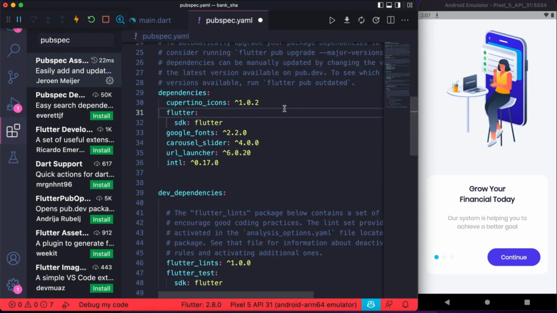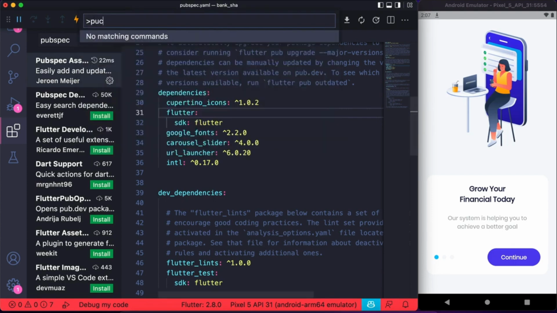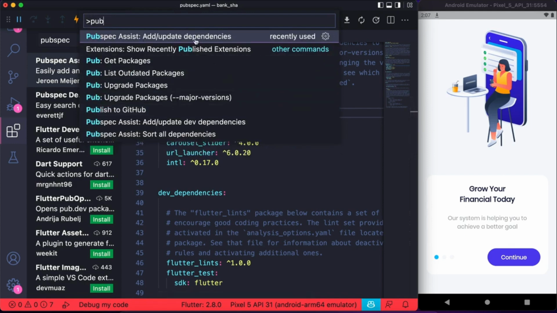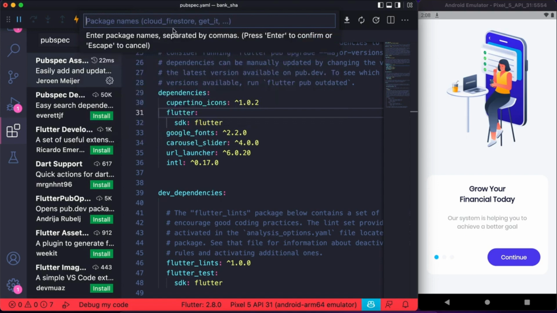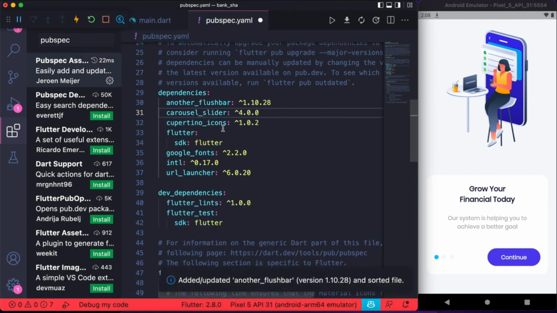In the pubspec YAML, you can see the extension Pubspec Assist. You can choose this one, Pubspec Assist. You just have to install it. How to use it? It's easy.